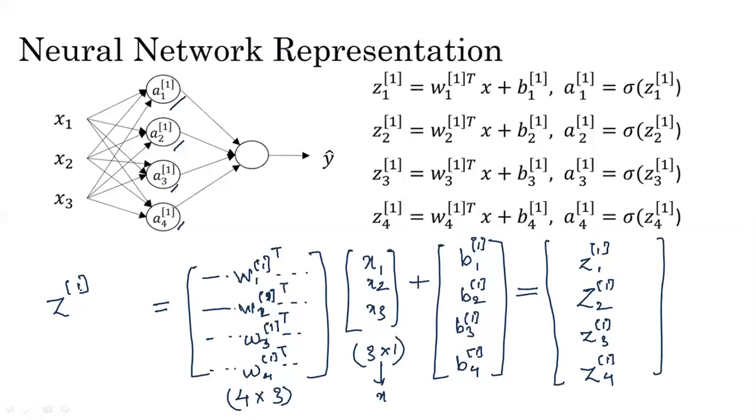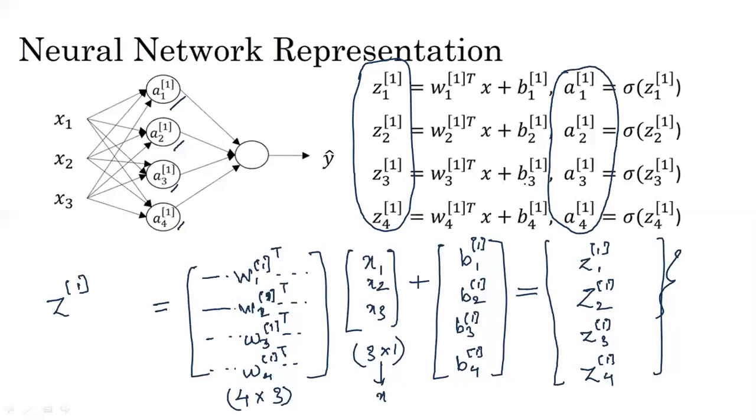Now finally, what we have done is we have found the values of all these four equations. What I need to do is take this vector and create a sigmoid of it. Why do I need the sigmoid? Because after having the sigmoid of all these four elements, I'll have the values of a1, a2, a3 and a4 for this particular layer.